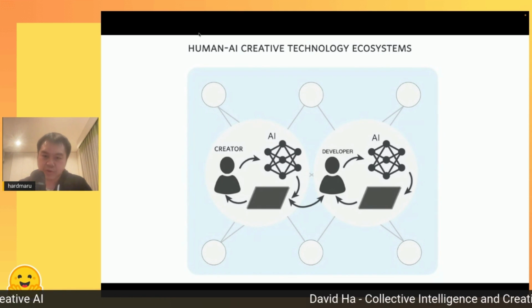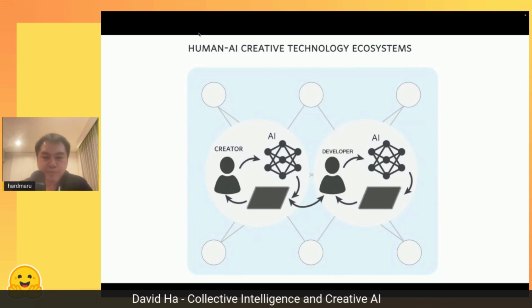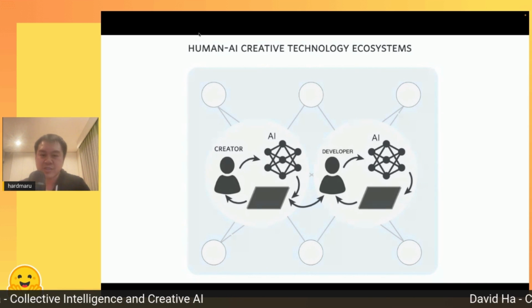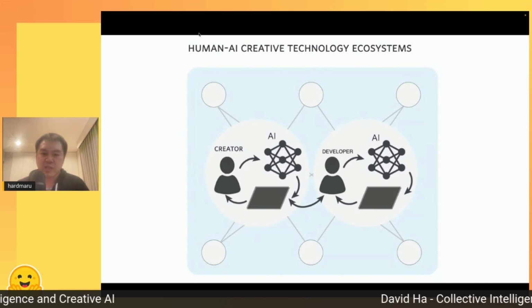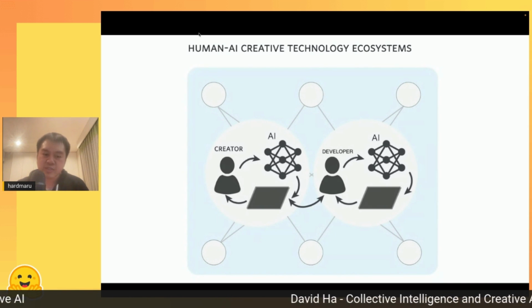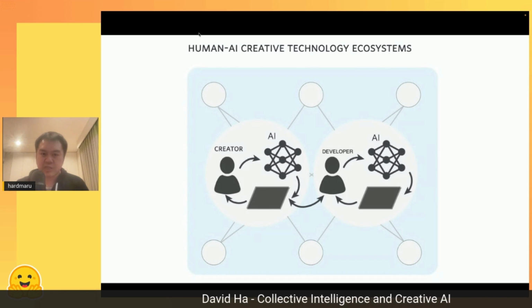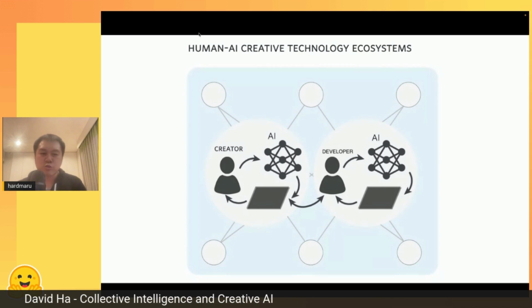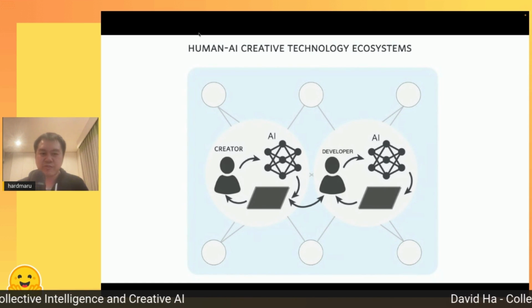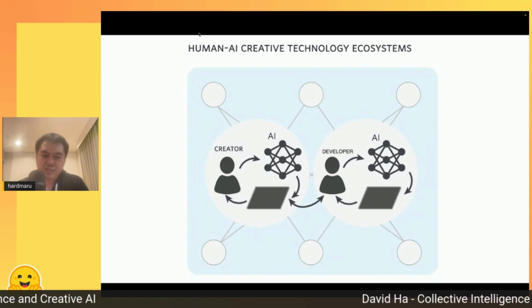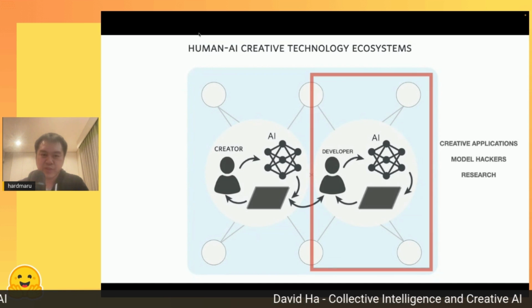There are also the developers working on these models or new ways to use these models or applications, and hence creating applications as an artifact as well. And sometimes the artist can also be the developer, so they can wear multiple hats. But there are these two layers of loops going on, not just users but also developers.